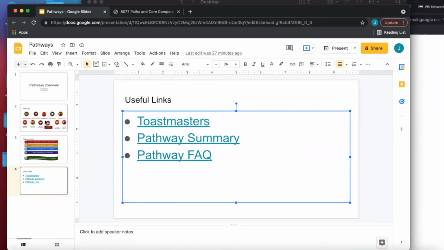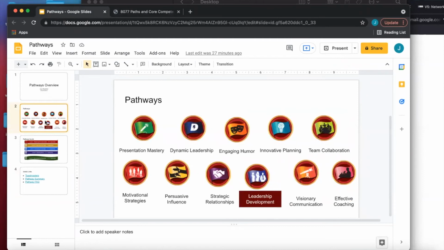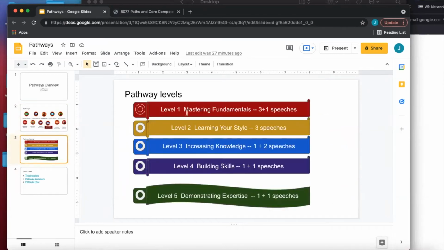You can sign up for any number of pathways simultaneously. You can work on any number of pathways. That's not a problem. Also, within this one, you can jump around from these levels. For example, you can easily start with level 3 if you want to. But you have to complete level 1 and level 2 sometime later, but it doesn't have to be in the same order. That's what I mean.